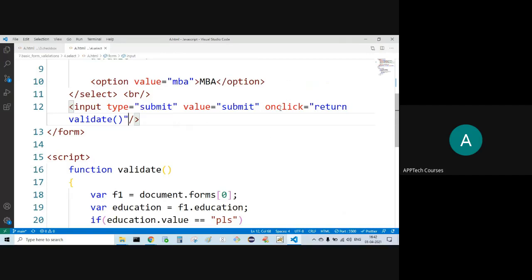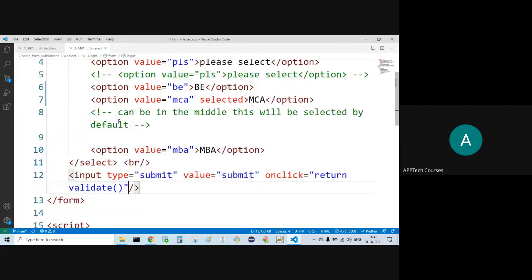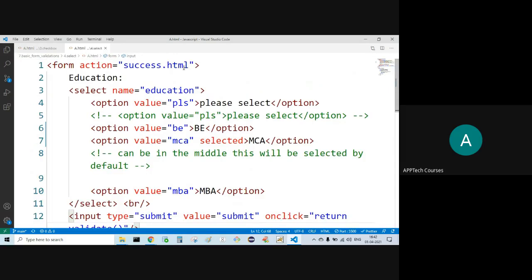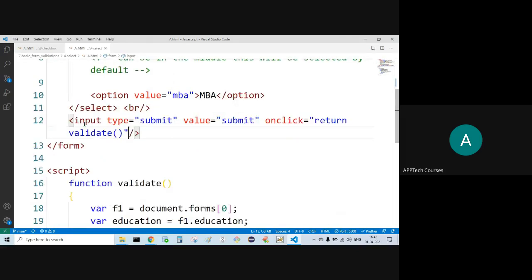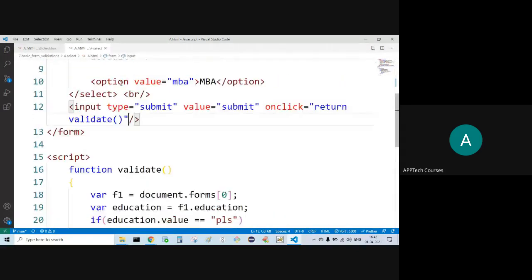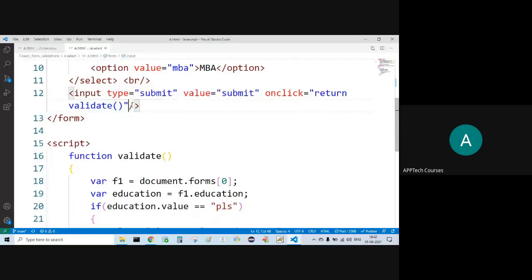Upon clicking on this button, it is going to submit the data to success.html. That means which option I have selected, that is the data. Now when it returns false, it is not going to send the form data to the success.html.